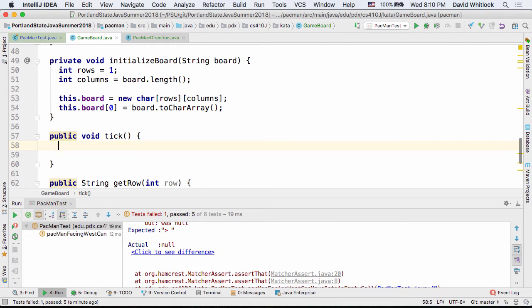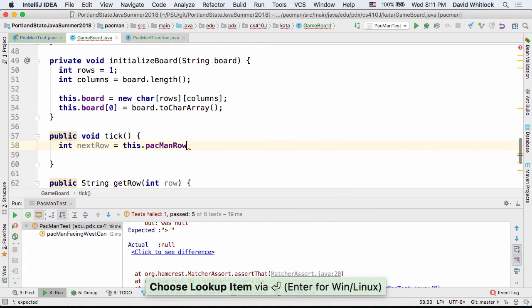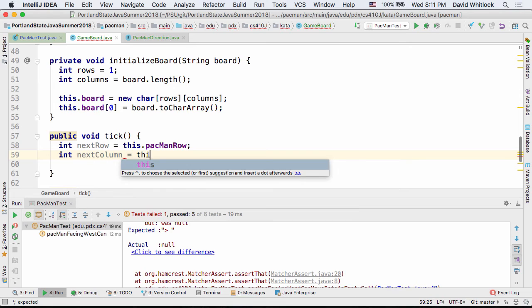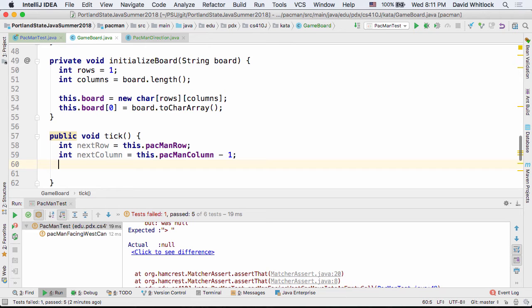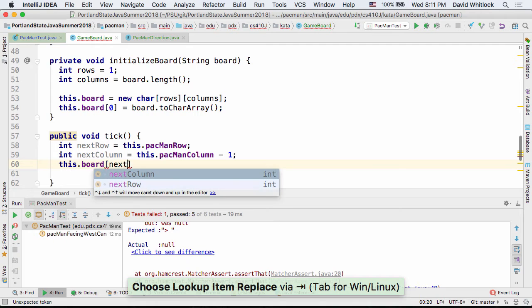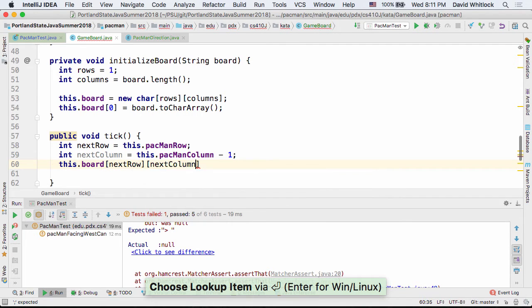Okay, so here, tick, we're going to have the following. We're going to say int next row equals this.pacman row, int next column equals this.pacman column - 1, and then we're going to say this.board next row, next column equals this,